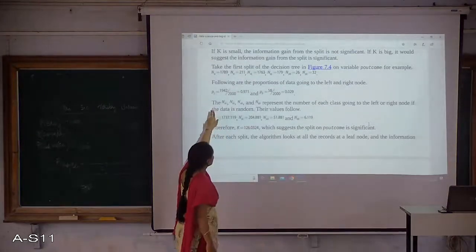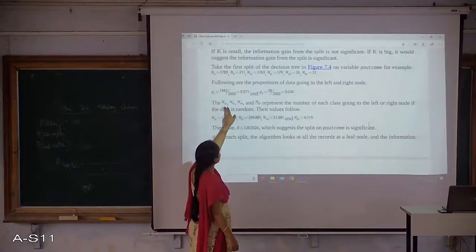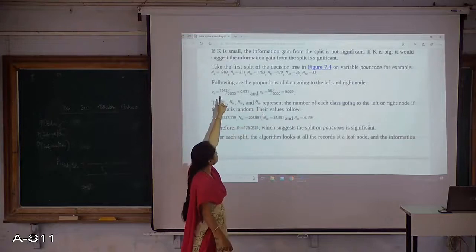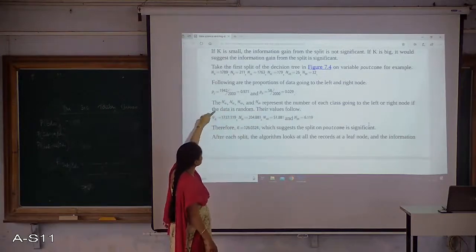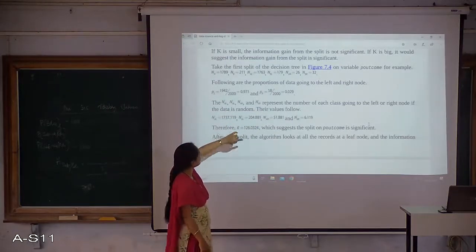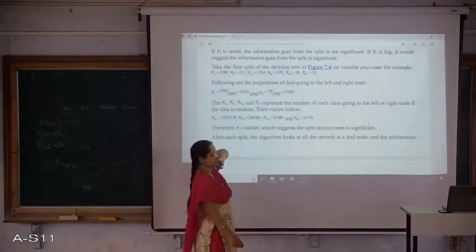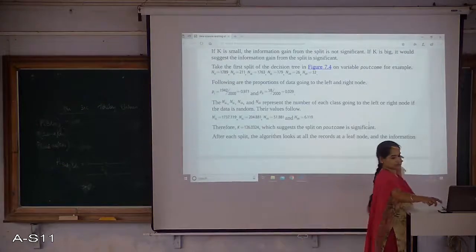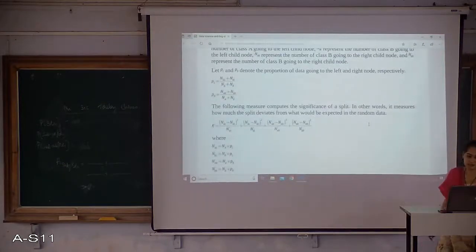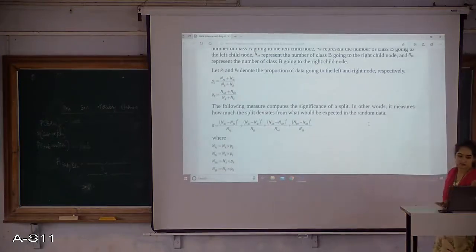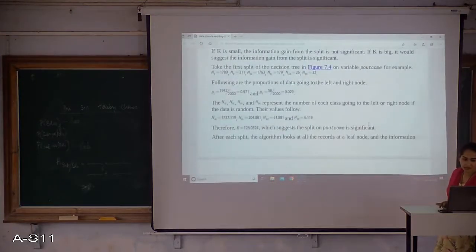So here we got these values NAL, NBL, NAR and NBR. Putting all these values into a formula: NAL dash. What is that NAL dash? NAL dash is NAL into PL.